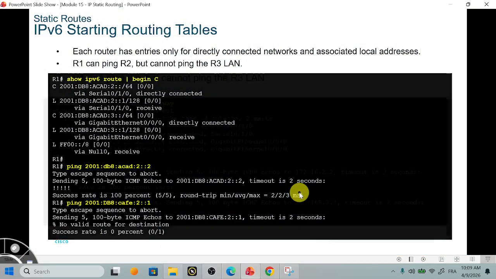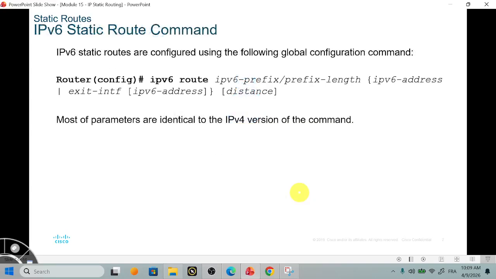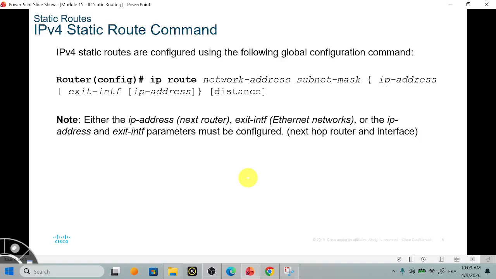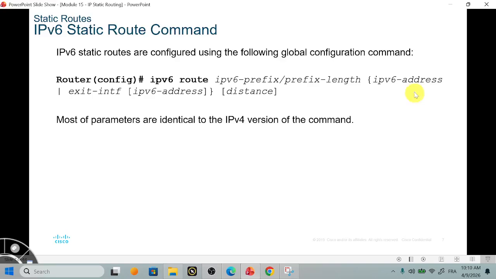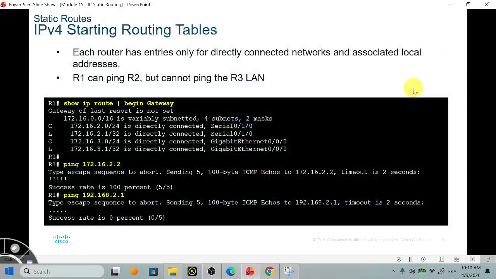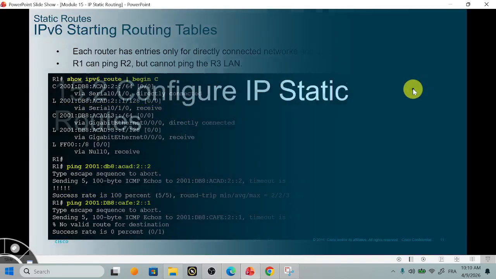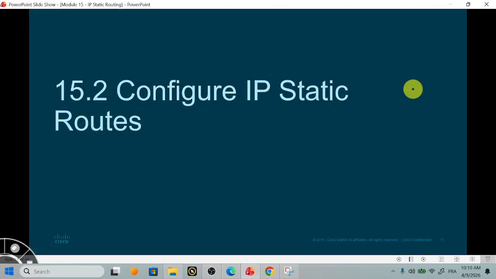So we have learned throughout this part of the lecture that whenever we want to create a static route, we use ip route, destination network address, subnet mask, next hop IP address, exit interface of current router, and the distance. And we do almost the same for IP version 6 as we did. We will know later on how we can configure IP